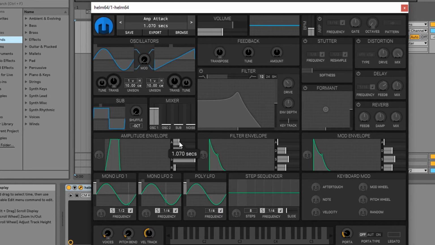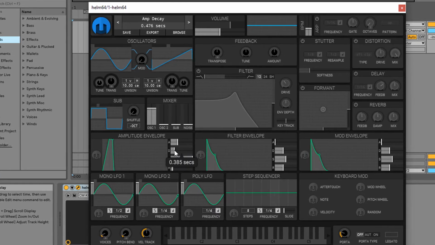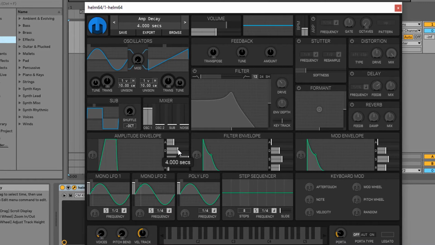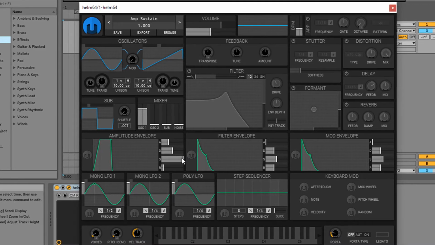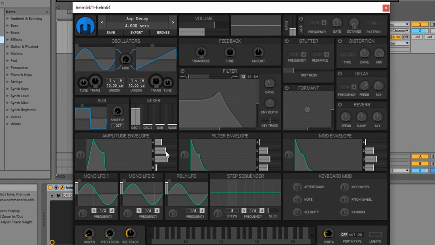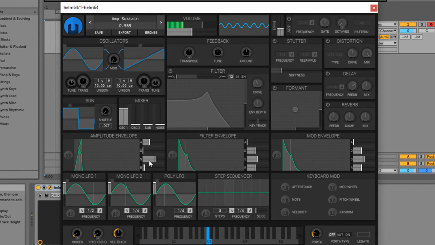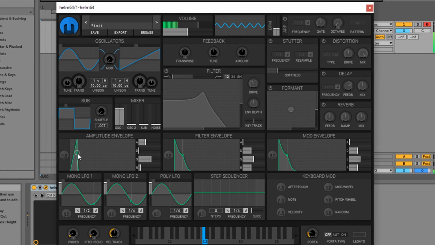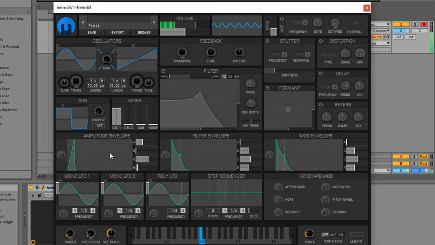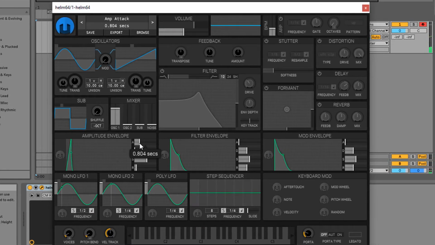So once the attack phase is completed, the decay stage begins. This is the time it takes for the volume to fall to its main volume level, the sustain level. So if no decay is set, then the volume will immediately drop to the sustain level. Practically, the purpose of using a combination of attack and decay is to cause an initial spike in volume when